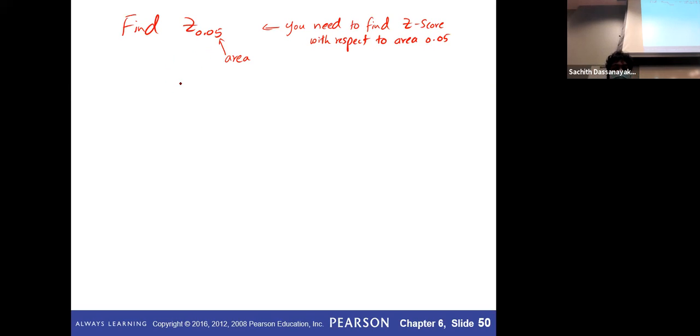Sorry? No, right. Area to the right is this one. Always to the right. So to the right what? That's what you need to find. To the right what? That's the C score value or C value. Yes, right. First find this area, I mean 1 minus alpha. This is 1 minus alpha. So go to the table, find the corresponding C value. That's the answer.